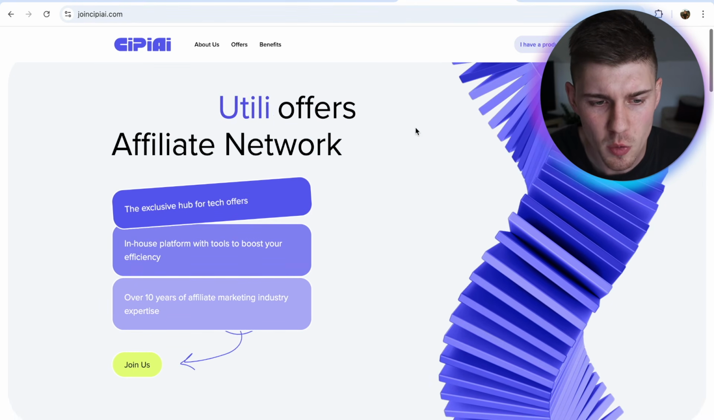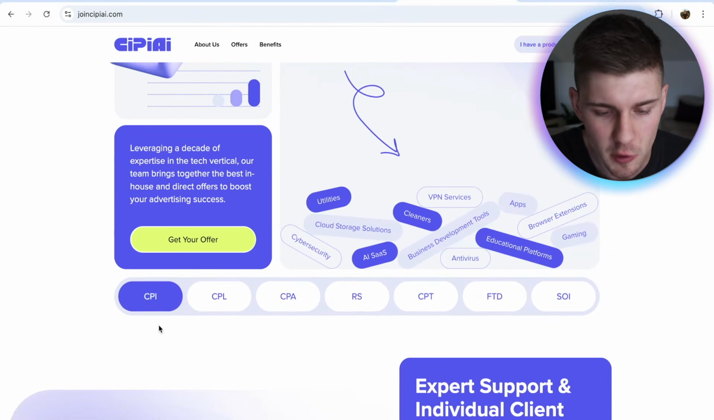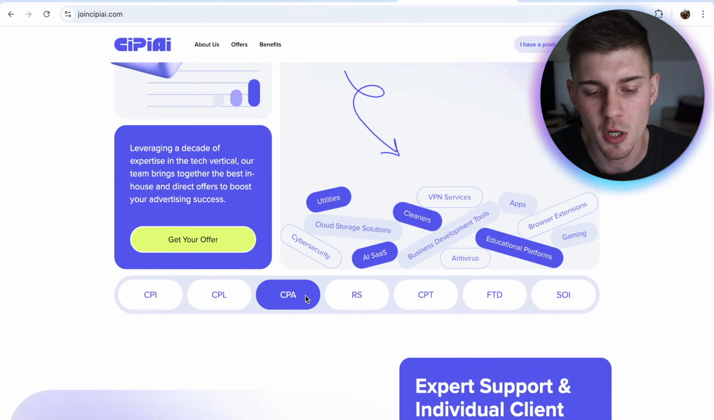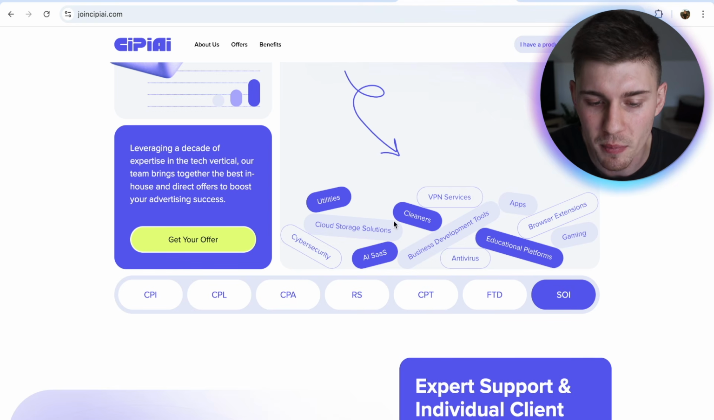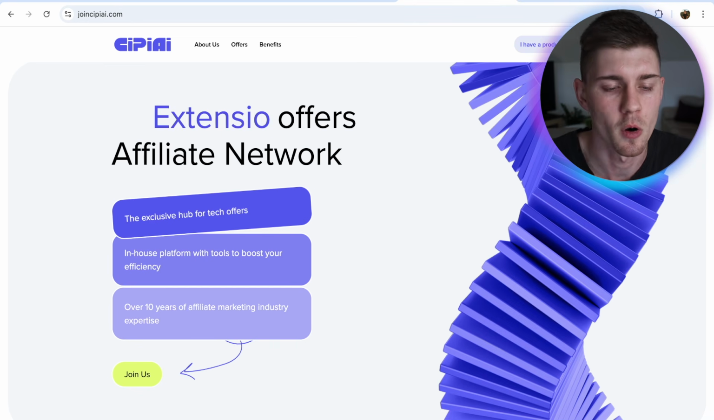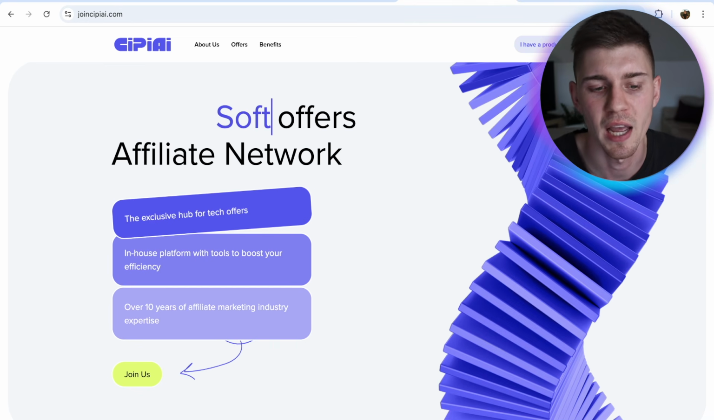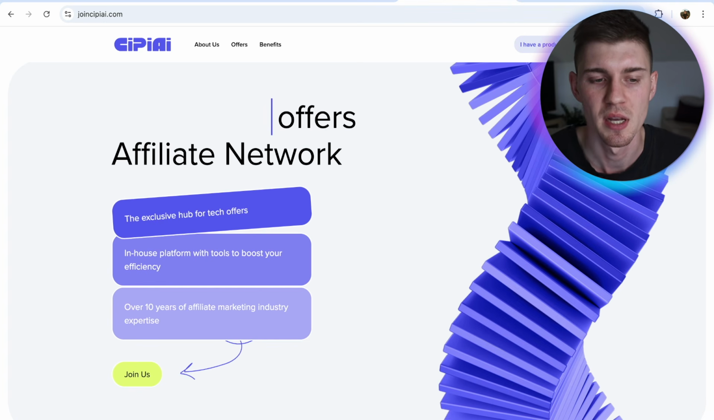And when you go to the homepage, you can check out their offers. And as you guys can see, they have CPI offers, cost per installs, cost per lead, cost per acquisition, RS, CPT, FTD, and SOI. So basically, simple flow offers that I want to promote. Now, even if you don't find this network on any review sites, well, I can tell you that I have been paid by this network before, so it's completely safe to use,